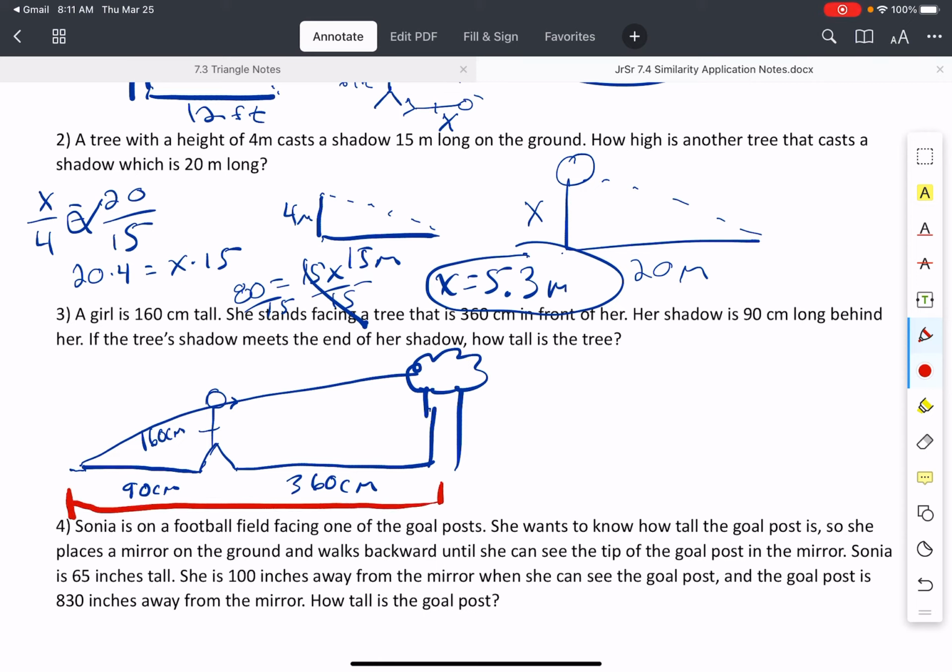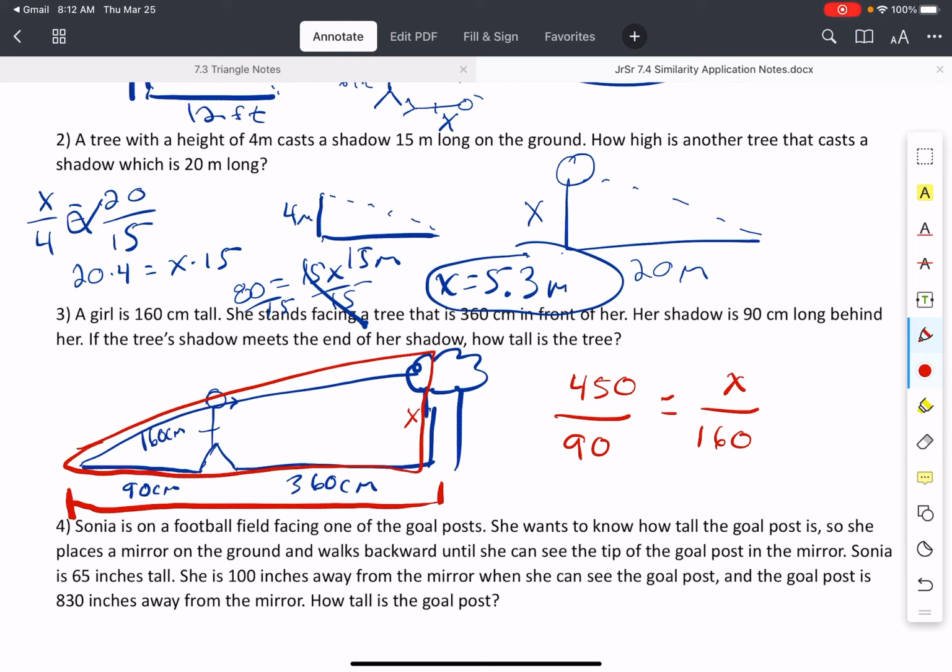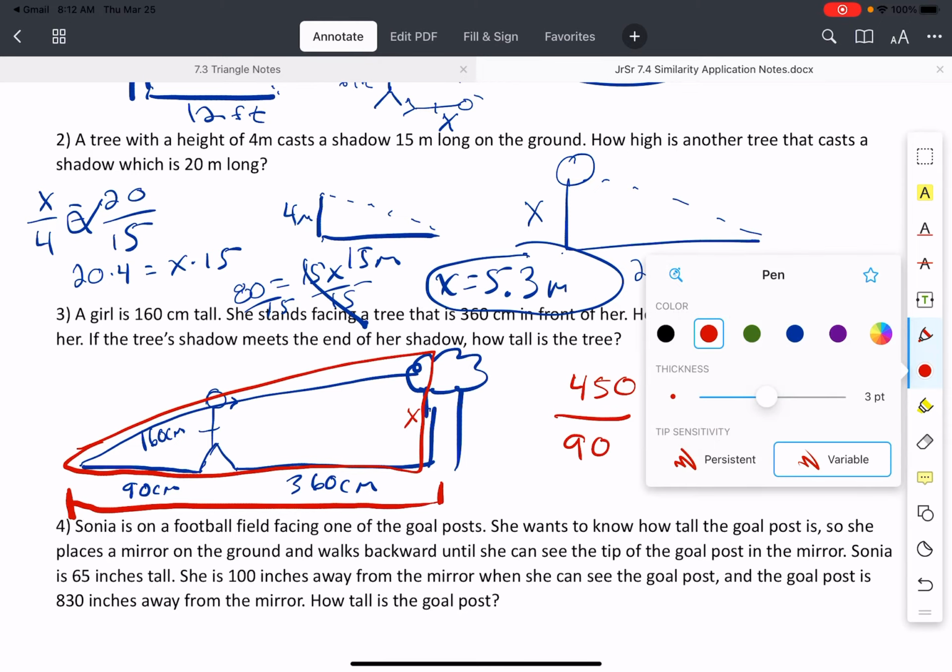Wait, so can't we just do 360 plus 90? Yes, that's our big triangle. So that would be 450, right? Over 90. And then equals x over 160. Because 450 and x are both part of that big triangle, right? And then my littler triangle